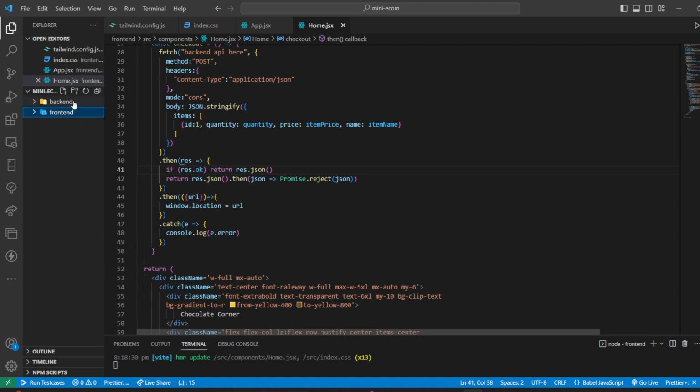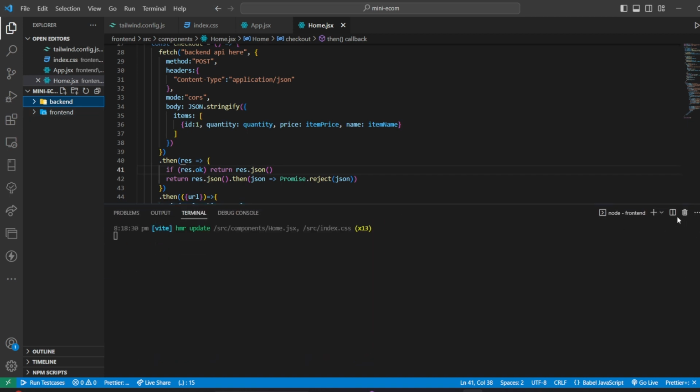So inside the backend folder, let us go to our terminal, and I'm going to split it here so that my front end and back end run side by side. I'm going to cd back to my mini ecom folder, and here I'm going to cd inside backend,